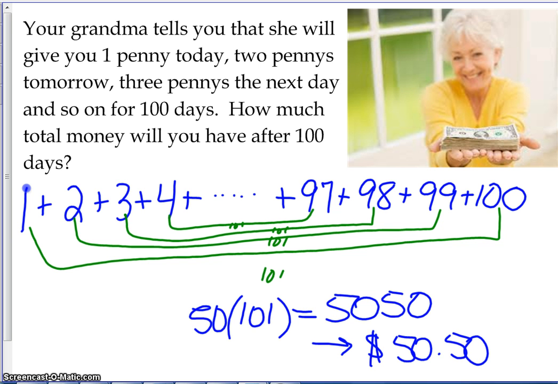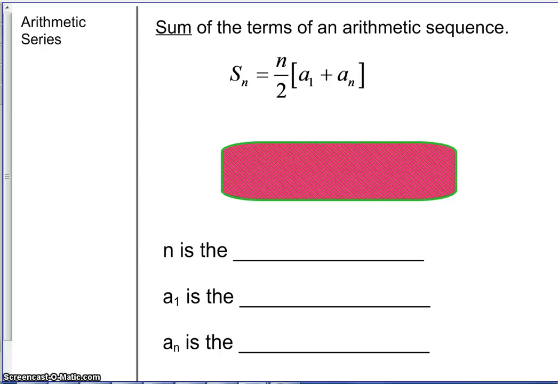By taking the first and the last and then adding them all together, I found a pattern, and I found that I can find my answer quickly. All right, so I knew that I'm going to have a whole bunch of groups of 101. Well, it turns out that that's how we look at our formula here. The sum of any series is the number of items, in our case it was 100, but whatever it is, divided by 2, times the first term plus the last term. Where n is the number of terms,